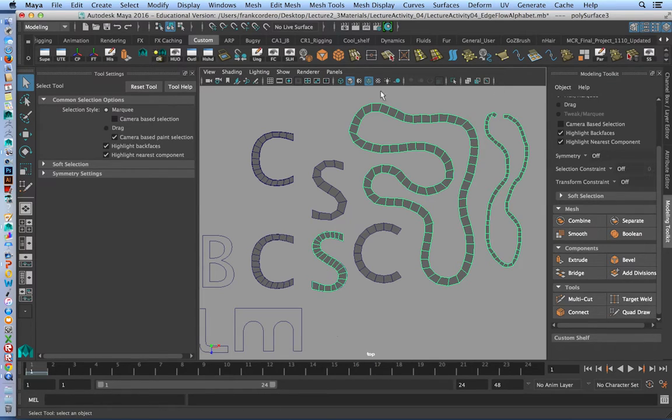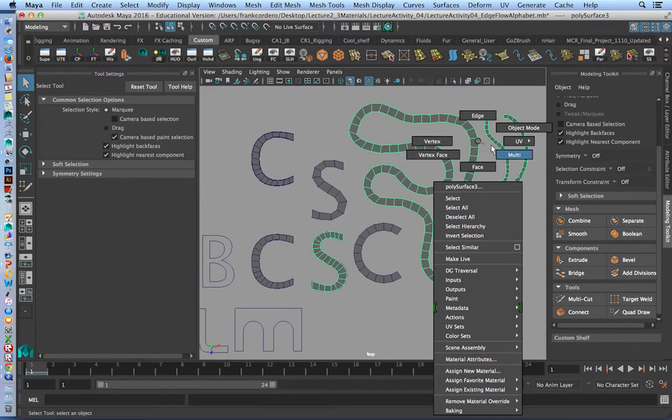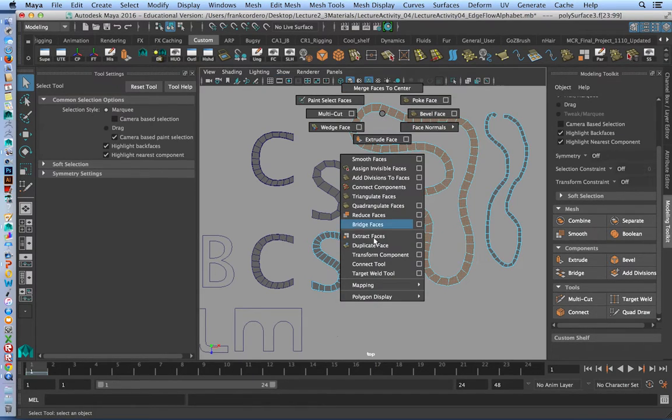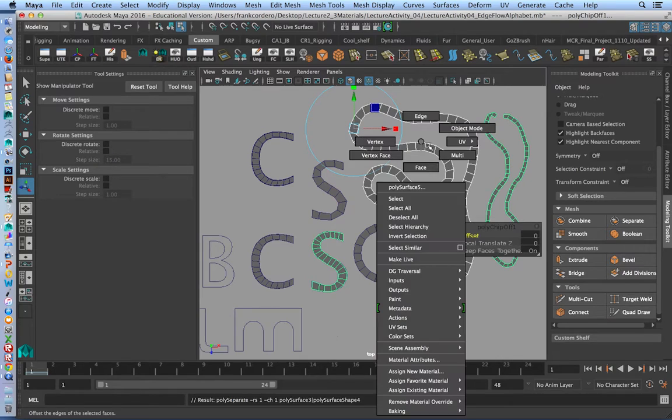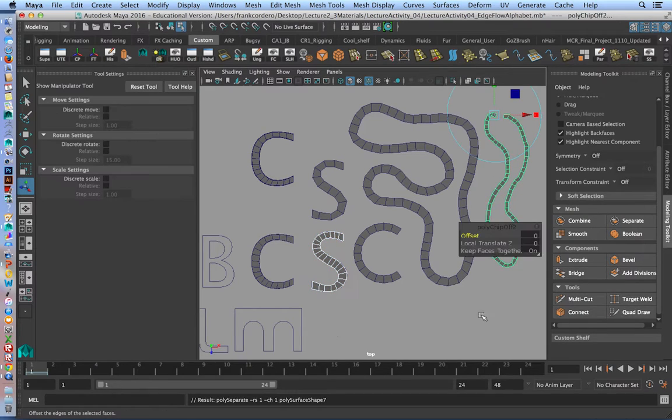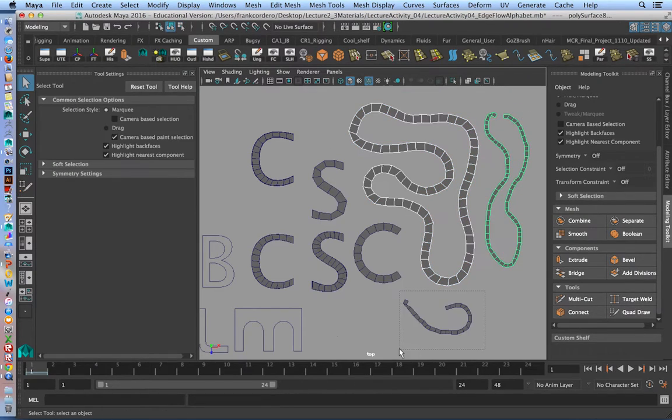One of the things you have to be aware of when you're working with QuadDraw is this. Let's go to selection mode and just use it as normal geometry. If you had something selected prior to that and you turn on the tool, Maya assumes that you're adding more quads to that particular shape. Even though they are distinctly detached, Maya looks at this as one piece of geometry. So if that's not what you wanted, but you like the form, one thing you can do is go over here, double click, and extract this as its own piece. And now it's its own form separate from this. So that's a little bit of QuadDraw